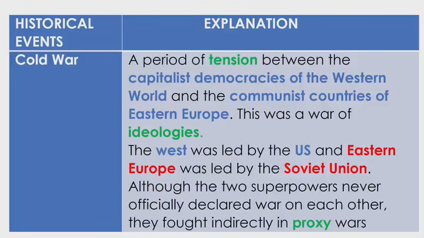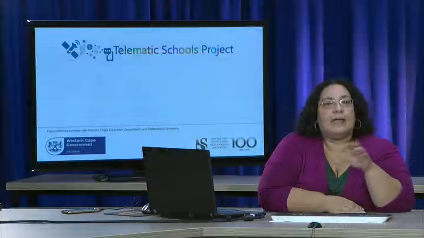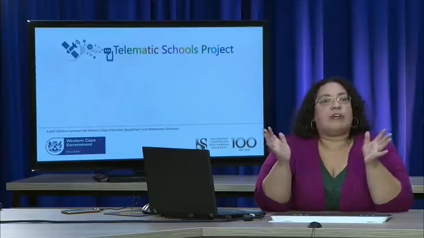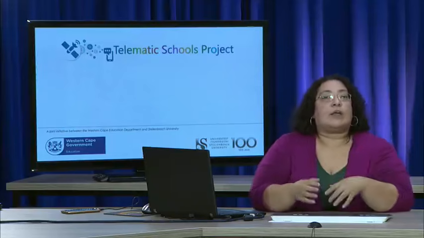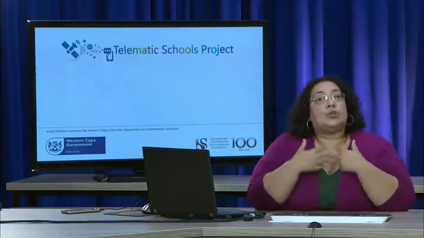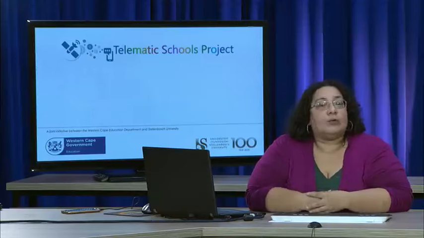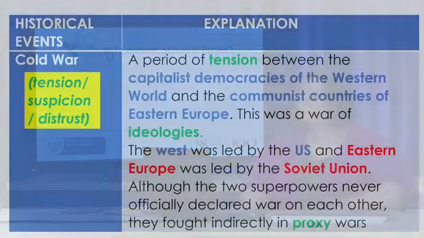They do fight indirectly in proxy wars. When we talk about proxy wars, we can think of our example that actually comes from the Vietnam War. So you don't have the USA and the USSR fighting and clashing directly with each other. Rather, they fight via proxy wars, so they are providing support and aid to other countries that are involved in wars in this period. All right, let's go on.